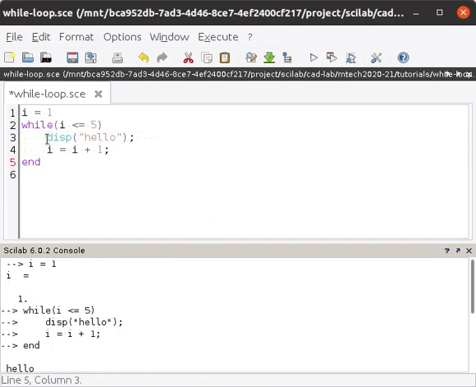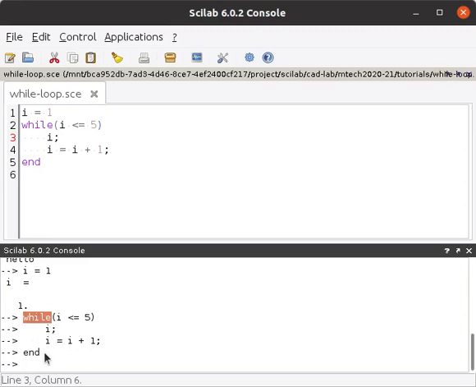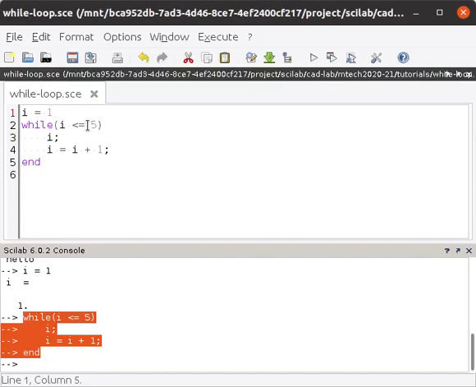And suppose now if you want to print the value of I, then you just simply put I here. Don't put a semicolon after I. Let's run the code now. Scilab will always print the command lines of your program, but the result is showing no result. And also here I have not given a semicolon, so that's why it is giving you the value of I as 1.